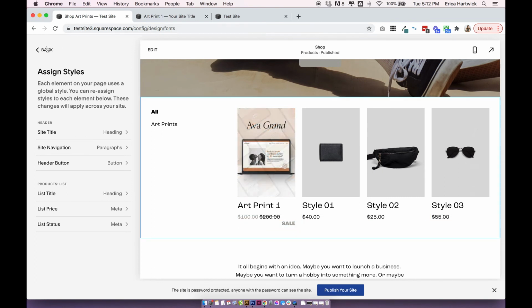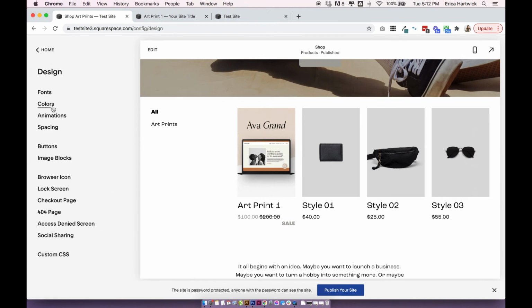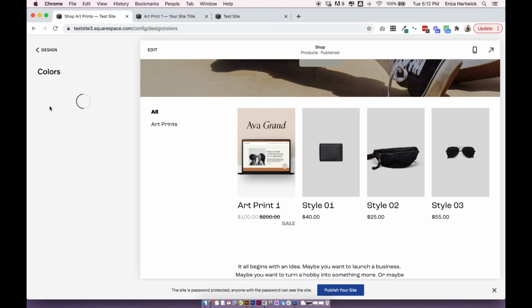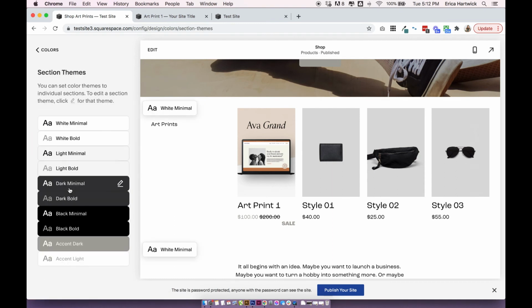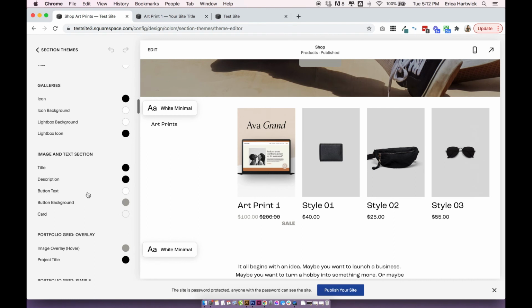So that is how you do the fonts. And if you did want to update any color settings, you can do those under Colors. Click on your section themes, and then you'll want to update anything that comes under the section theme you're using. So we're obviously using white minimal for the shop and for the product. And so you would click Edit on white minimal, and if you scroll down, you will be able to find